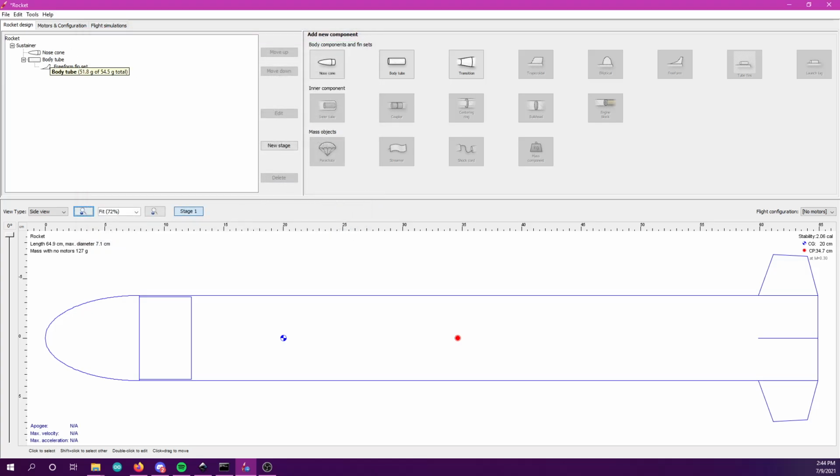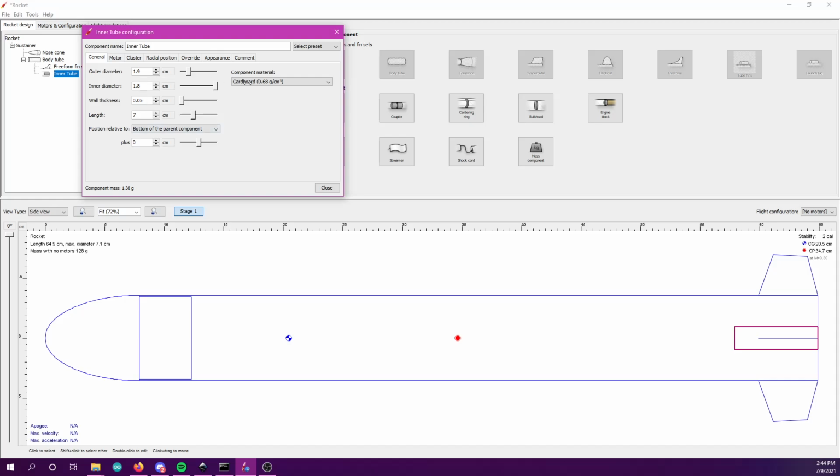Alright, so we need to add a few more things in. Let's add in a motor tube, which we're going to use an inner tube for. So hit inner tube. Again, I'm going to change this to paper, and we're going to keep the defaults for now, just so we can get through this a little faster. And then